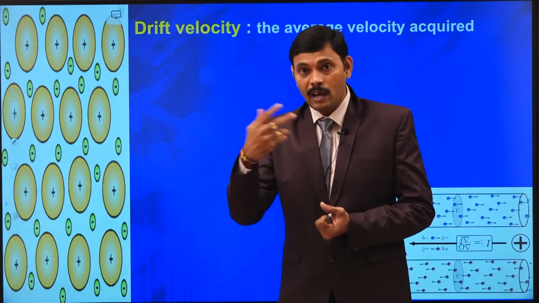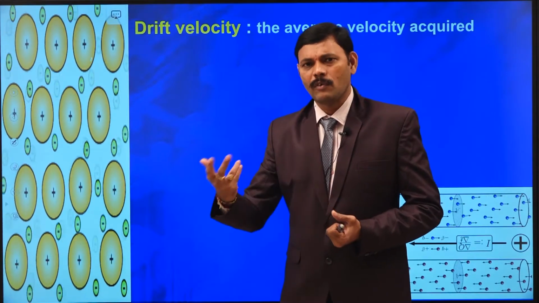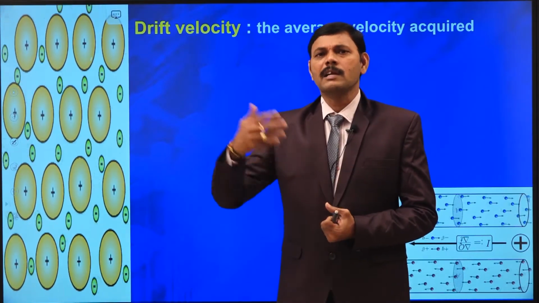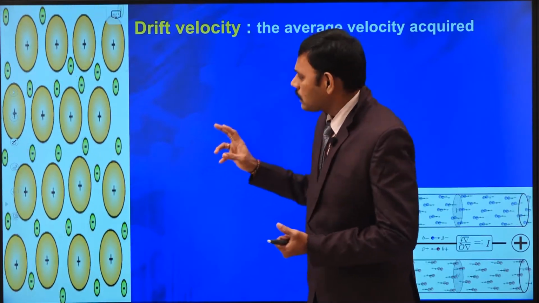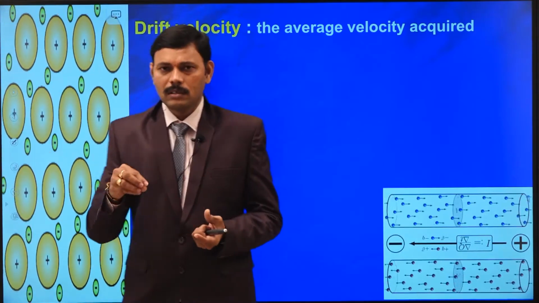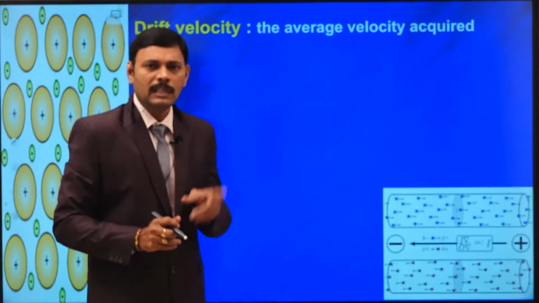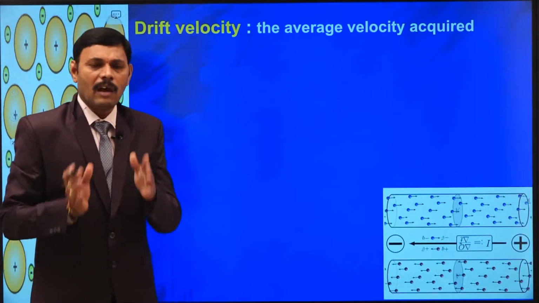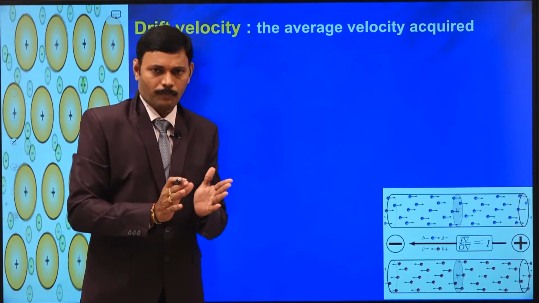Atoms are now in ion form because they lose electrons. So every electron tries to move away from its atom and immediately may collide with the neighboring ions of the atom, so that the average velocity of the electrons is considered to be 0 in the absence of electric field. In the absence of electric field, the average velocity of electrons is 0.